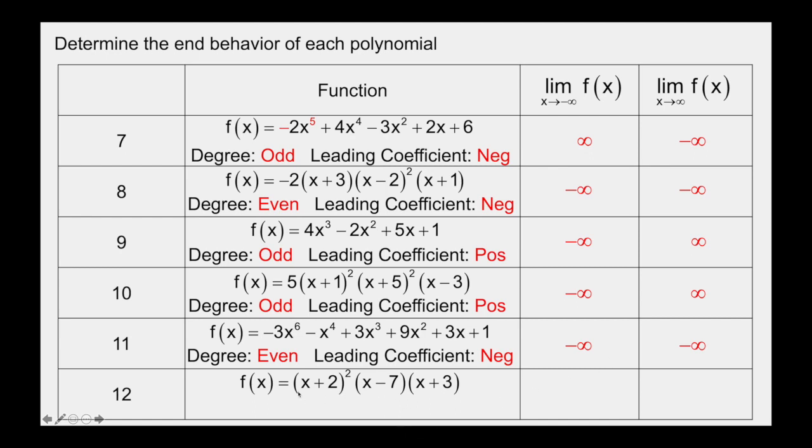And then for 12, I've got a positive lead, so I know that this one is going to be positive infinity. Then from there, this is to the 2nd, this is the 3rd, the 4th degree, which means it's even, so they're going to be the same. So please complete the exit slip for today, as well as practice that